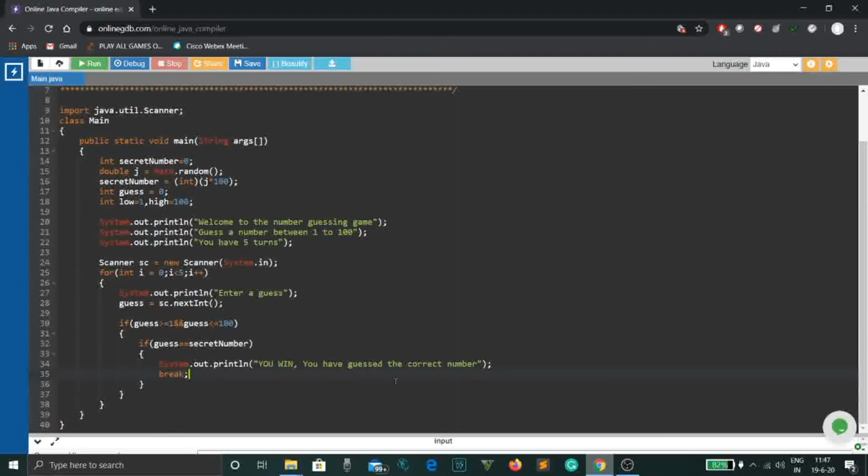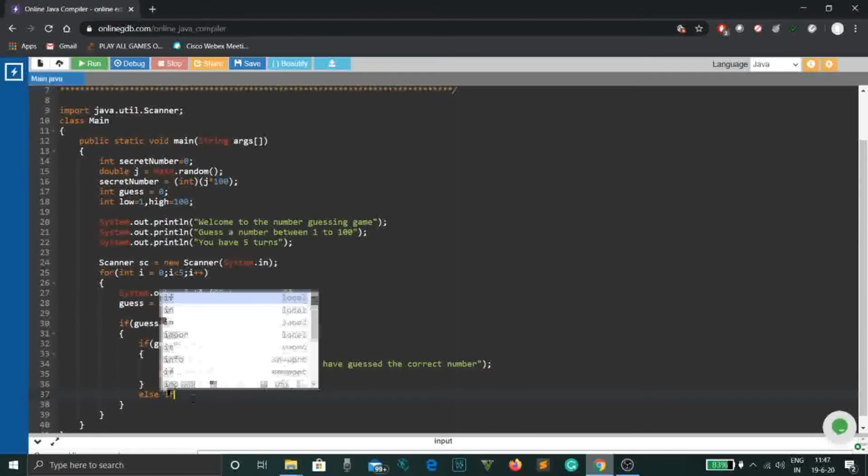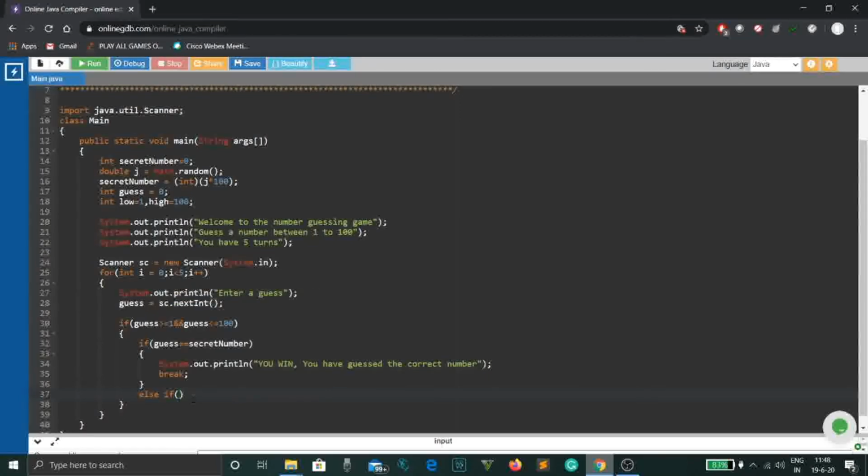Now, not everyone will get the guess correct in their first go, so obviously you will have to define the conditions for whether the guess is less or greater than the secret number. So let's do that. Outside the inner if scope, we'll write else if the guess is less than the secret number.